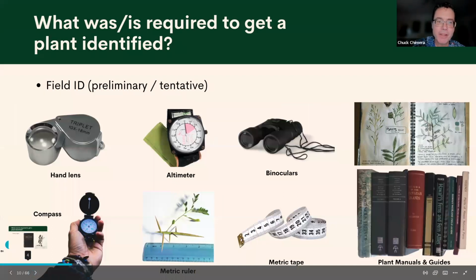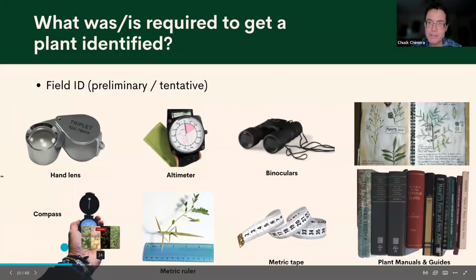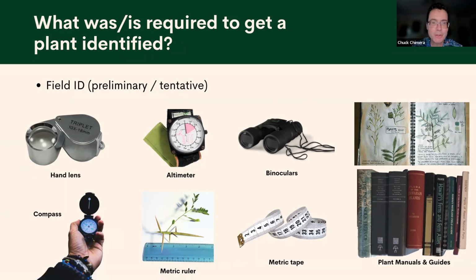So aside from all that, if you wanted to get a field identification of a plant and you were a professional botanist or a highly trained field person, you would use an assortment of specialized supplies and equipment like those that are pictured here. A necessity to any field biologist or botanist is a hand lens to look at those really tiny parts that are hard to see with the naked eye. Again, I mentioned the books. Carrying those around can be a little bit of a burden, but having field guides with you is definitely helpful.